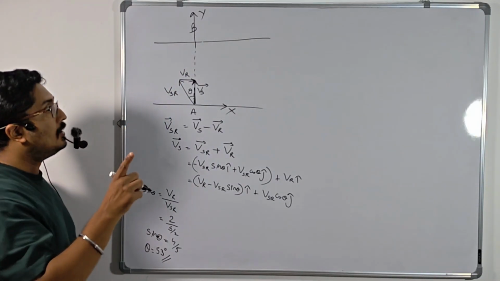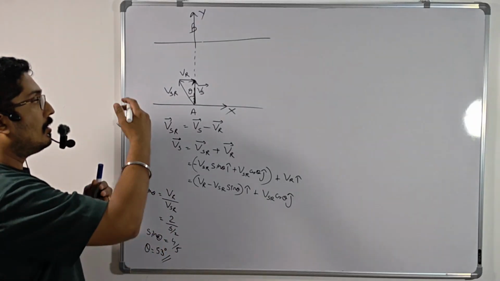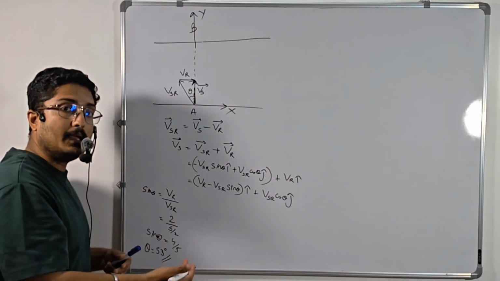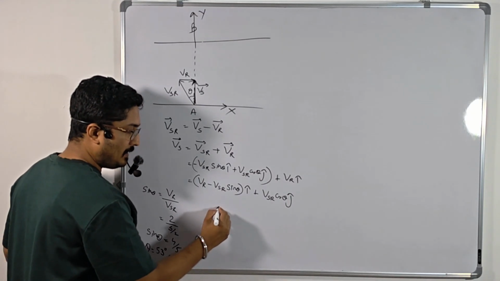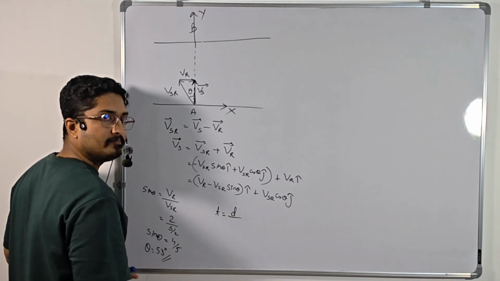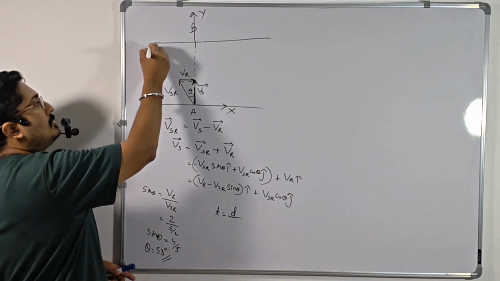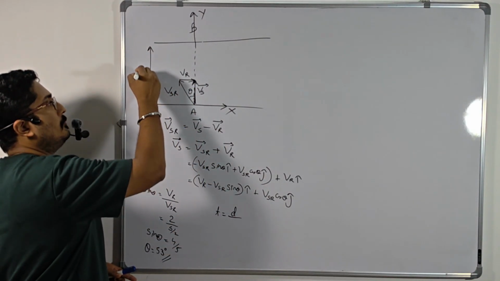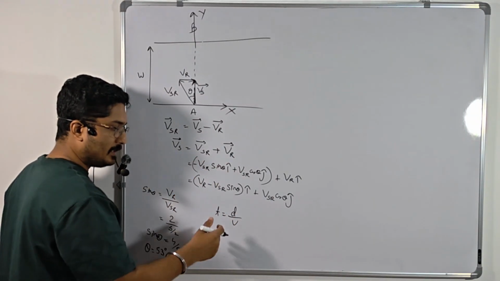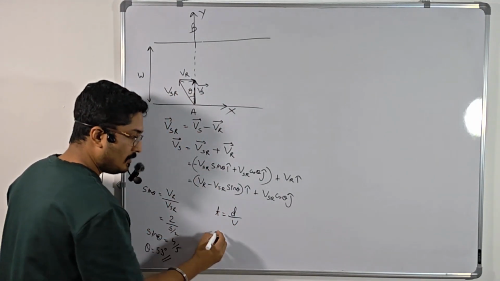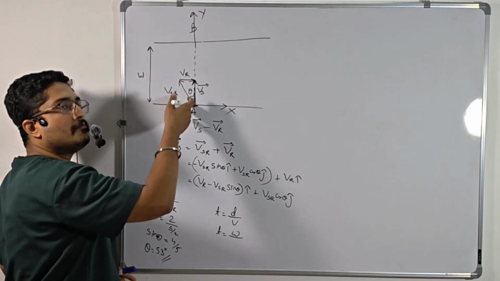So time is important. Now you tell me, in what time is the swimmer crossing the river? So if you require time, then we can say time is nothing but distance by speed, right? What speed are we having? Let us say the width of the river is W, and with what speed is this swimmer crossing the river? So I can say the time comes out to be W divided by